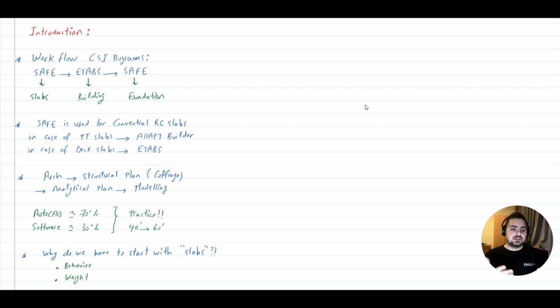Now, SAFE is usually used for conventional reinforced concrete slabs, which are solid slabs, flat slabs, composite slabs, hollow block slabs. These are our typical conventional reinforced concrete slabs. Now, in case of post-tension slabs, we usually go for ADAPT-Builder, and in case of deck slabs, which is a slab that is supported on steel beams, we go for ETABS because deck slabs are not supported in